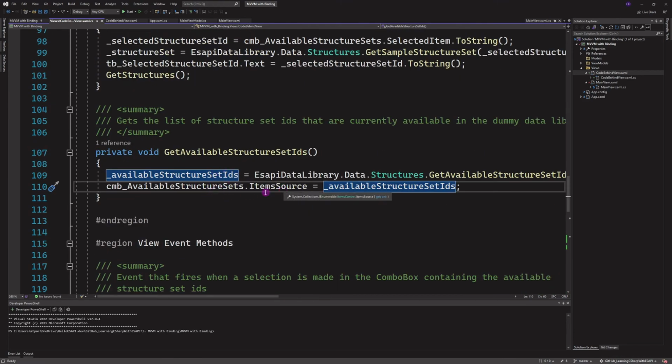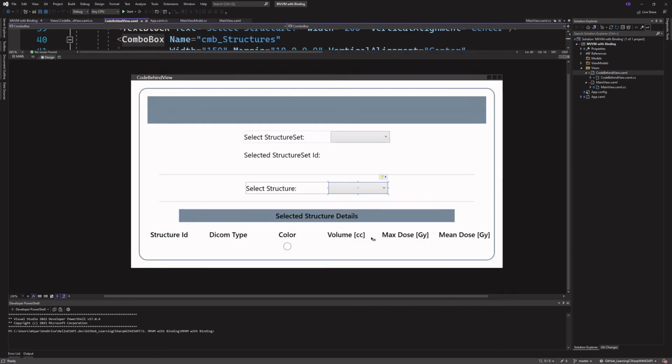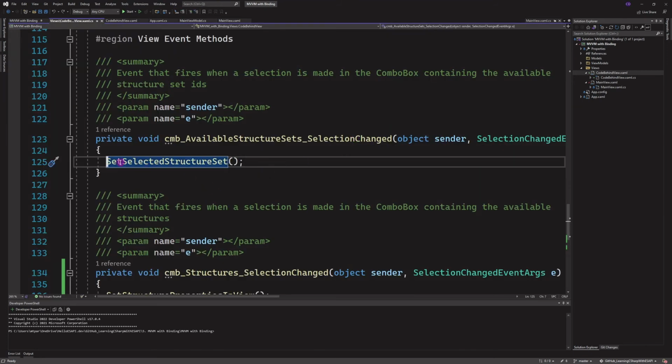Okay, so that populates the combo box, and then the combo box selection, let's see, that's this one. So then this event is when once there's a change made in that combo box, it fires this selection changed event, and